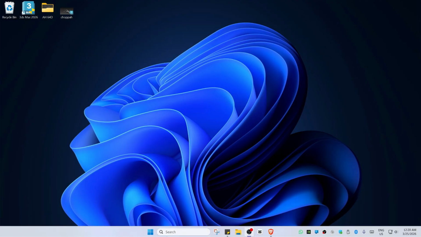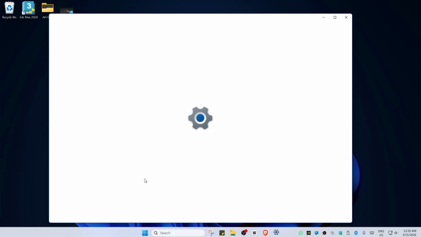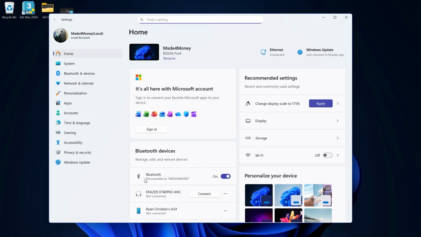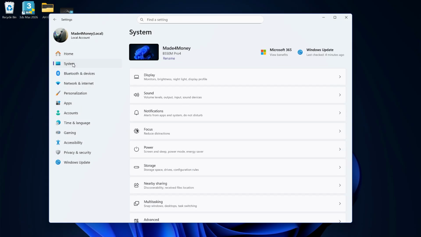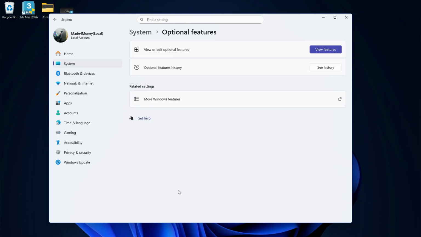Now, first up, you're going to find your Start menu, right-click on it, and then just find Settings. Click on Settings, wait for it to load, and then once it loads, go over to System, right here. Now, scroll all the way down until you find Optional Features. Just click on it, wait for it to load, and then once it loads, go ahead and click on